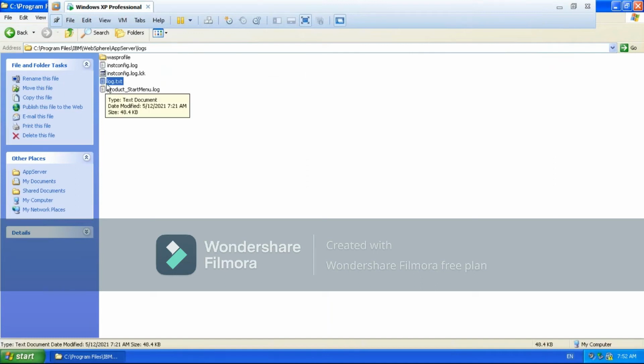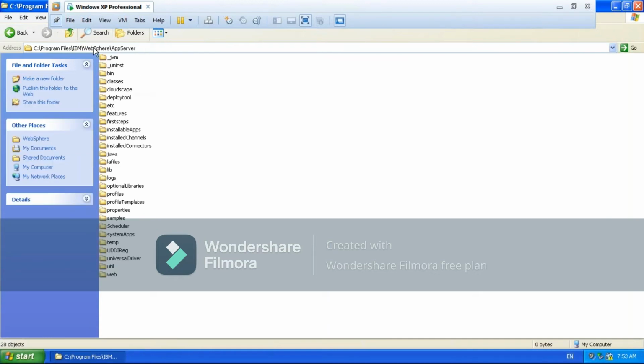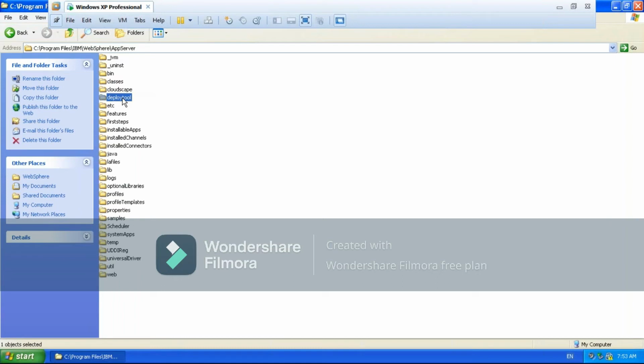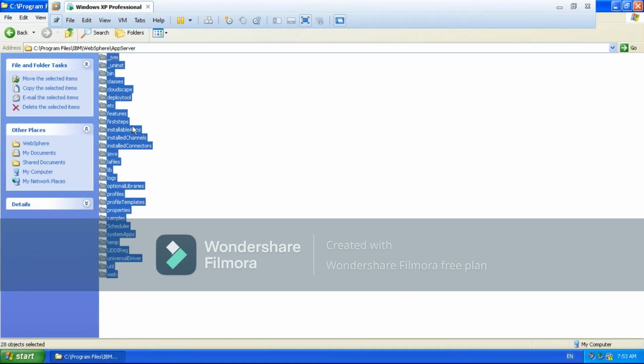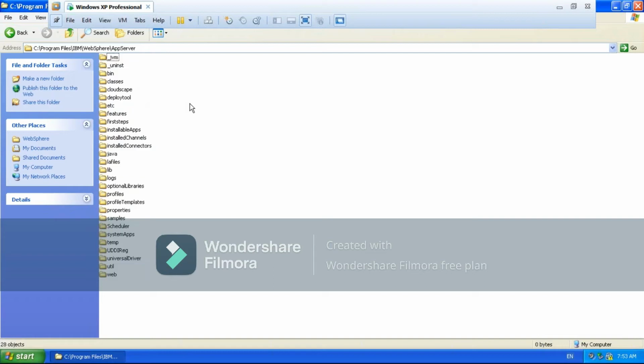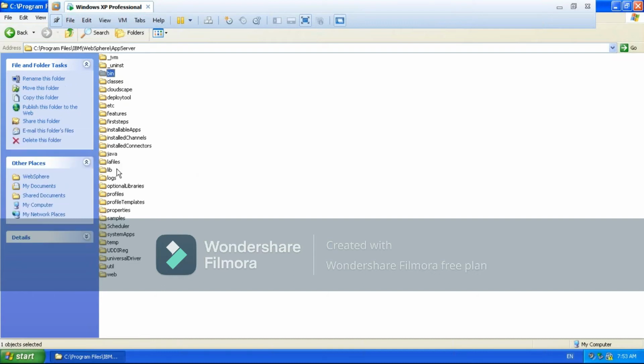Whatever files and folders you have here, we call them product binaries, and each folder has its own importance, which I will explain when the situation comes. For now, remember the bin directory, the logs directory, installableApps, and profiles. These four as of now.